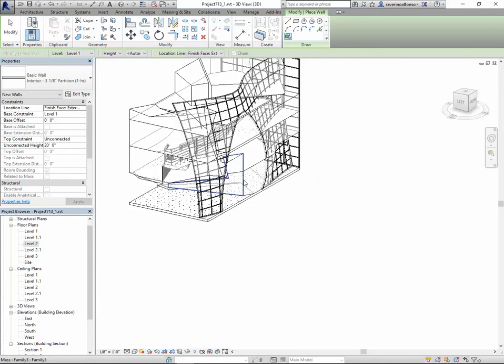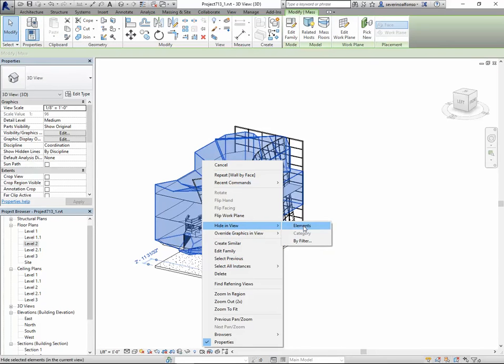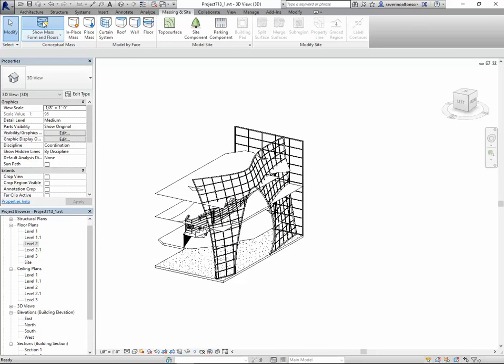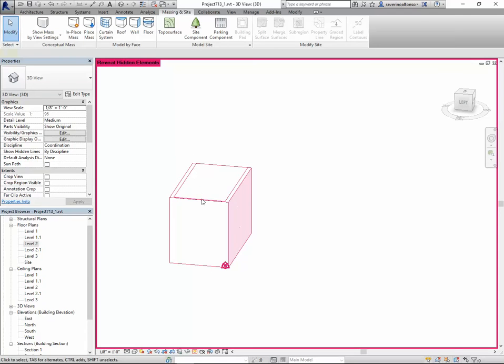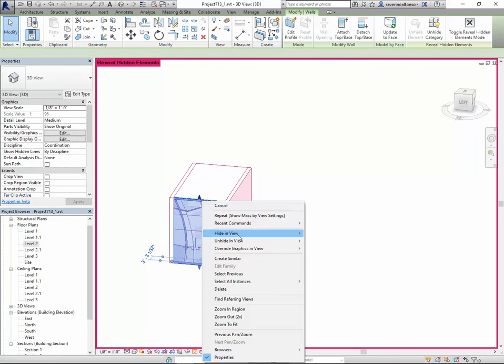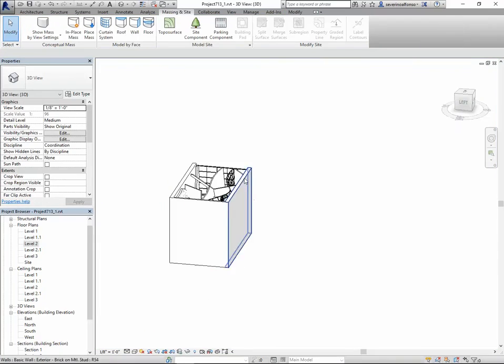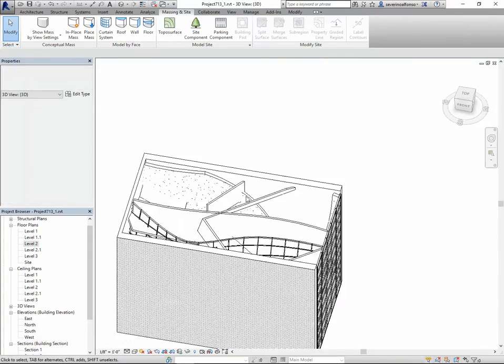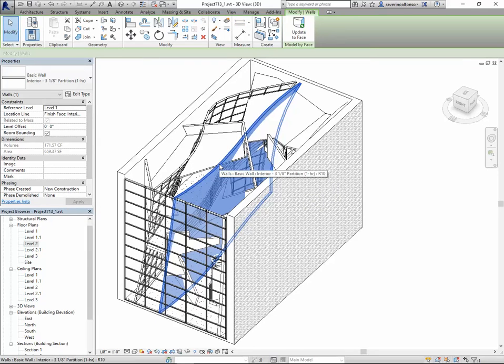Okay, so I'm going to escape that. I'm going to hide this element. We're actually going to turn off the entire conceptual masses, and let's see what monster I created. I'm going to select the walls and unhide category. And obviously there's going to be some conflicts, and so a very simple operation is how we make openings in